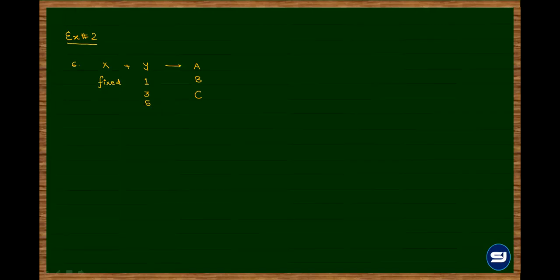Okay, if 32 parts by mass of X combines with 84 parts by mass of Y in B, then in C, 16 parts by mass of X will combine with... So the information given in the second part is important. 32 parts by mass of X is combining with 84 parts by mass of Y, and this is for the compound B. Then for the compound C, 16 parts by mass of X will combine with how many parts by mass of Y?